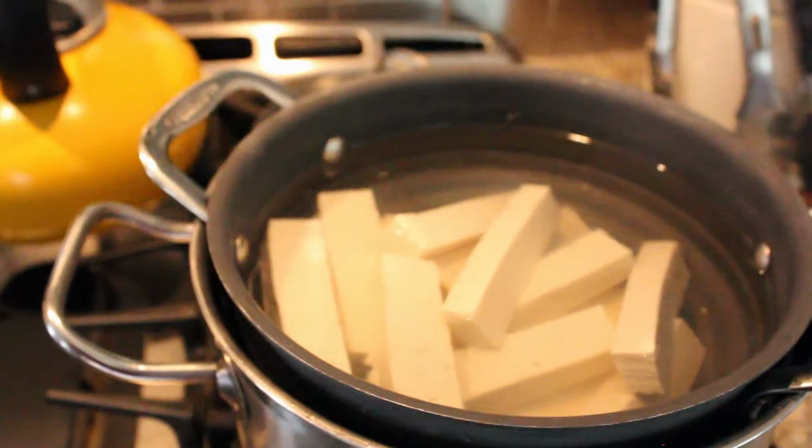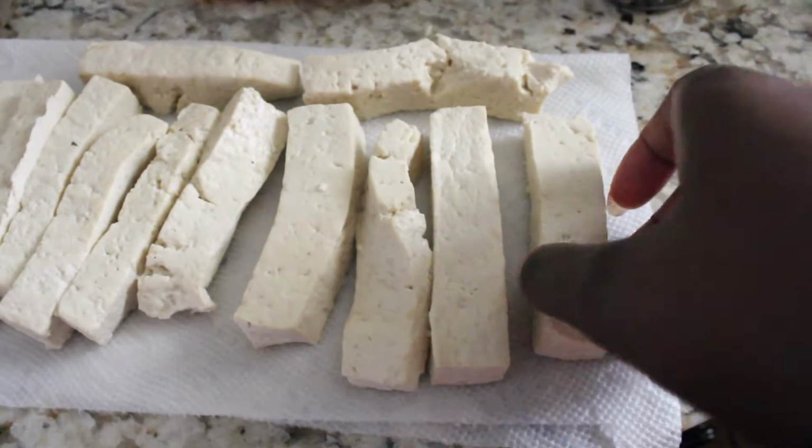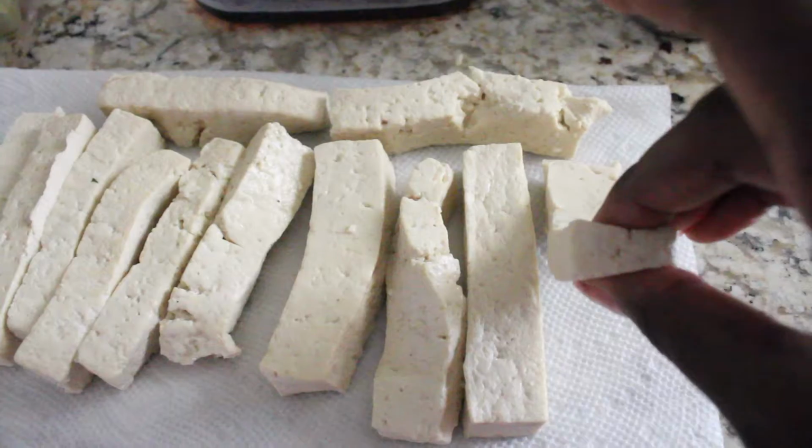The texture did change. It was still spongy. It felt kind of fatty though, so it was really interesting. I think it could work well in some different recipes. But yeah, so it felt a little bit fattier than tofu usually does, and I just put the boiled tofu